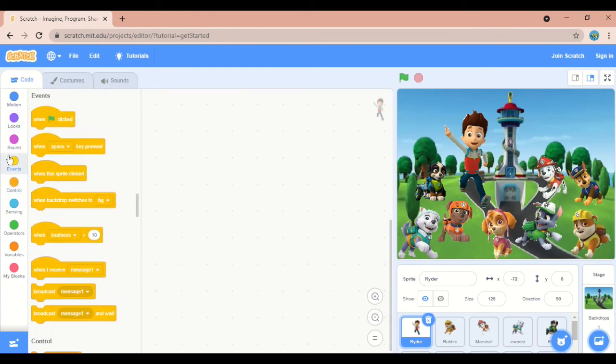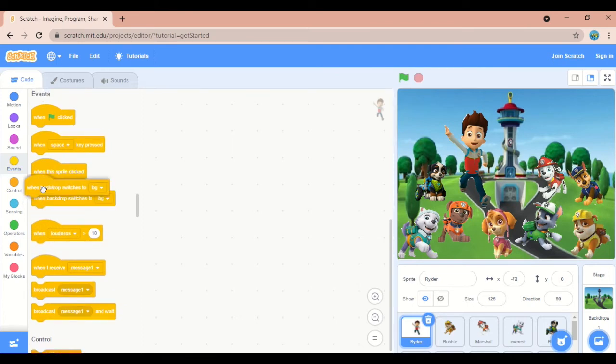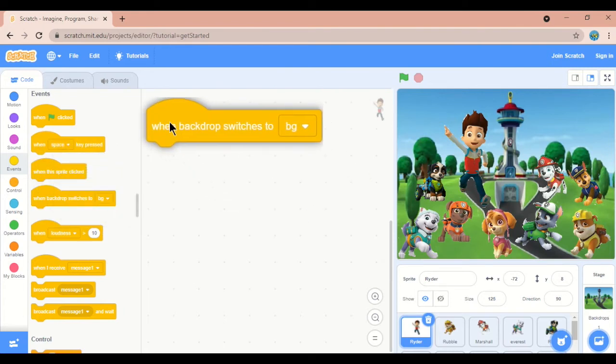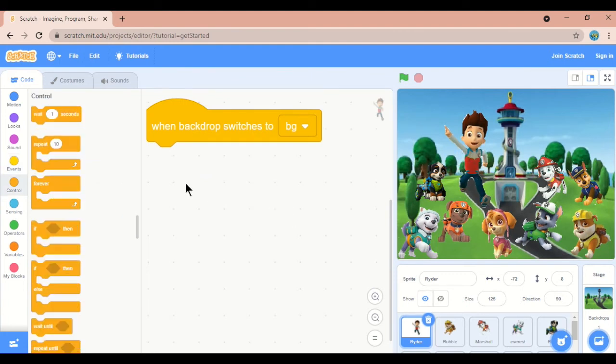Go to Events. You can find when backdrop switches to BG. That time it will show the Rider. When backdrop switches to BG, the Rider should say hello, I'm Rider.